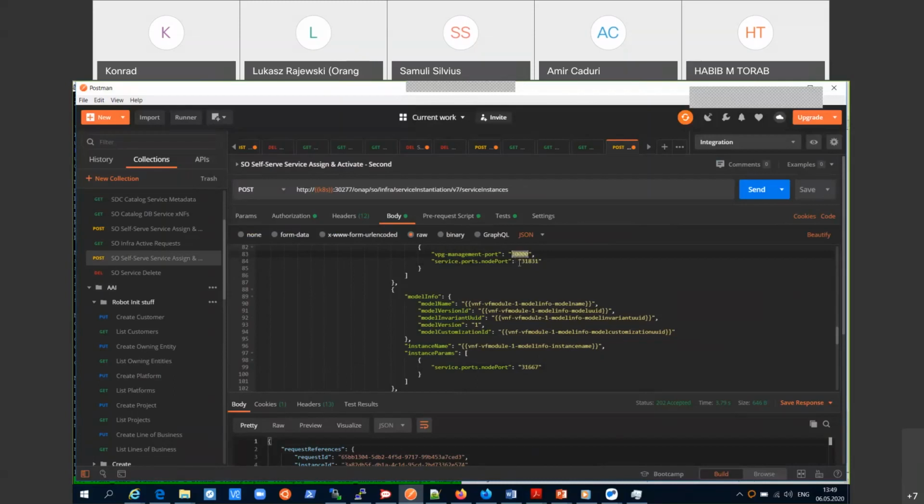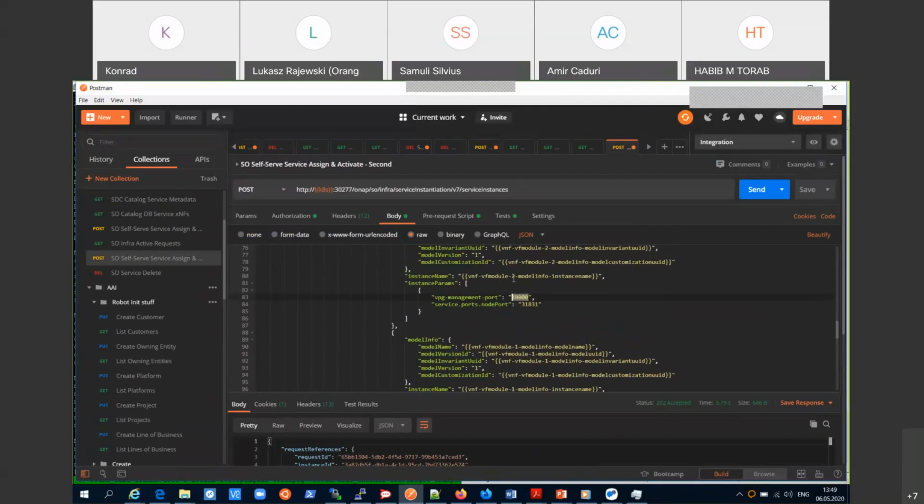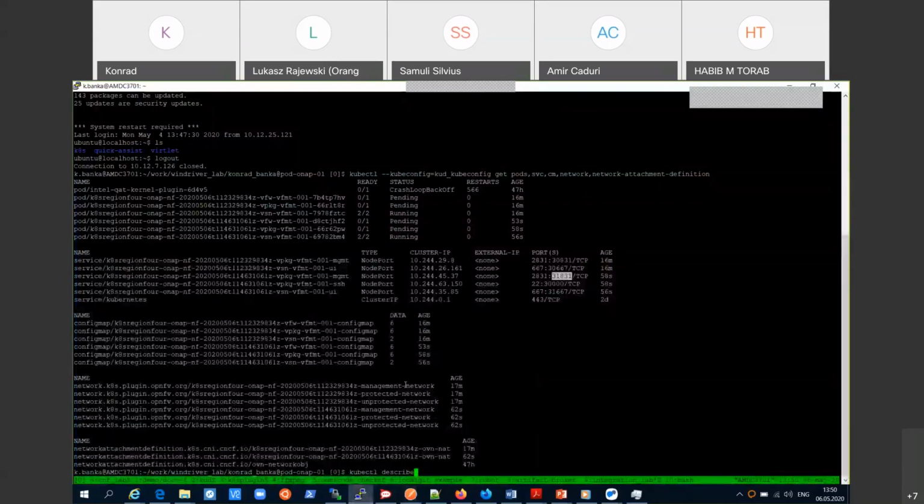I'm not sure. Maybe you want to see some internals of it, so I could switch to CBA, so you can see how it looks like. Yeah, sure. That'd be great. Okay, so